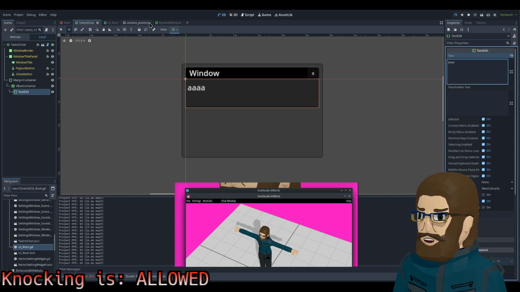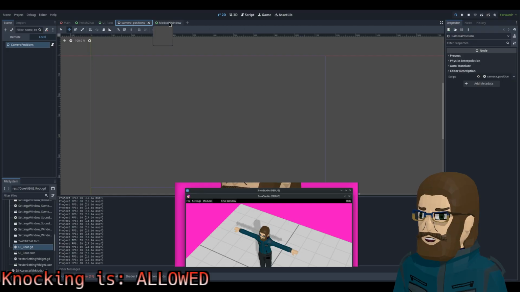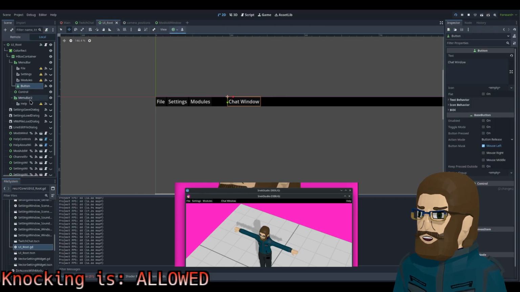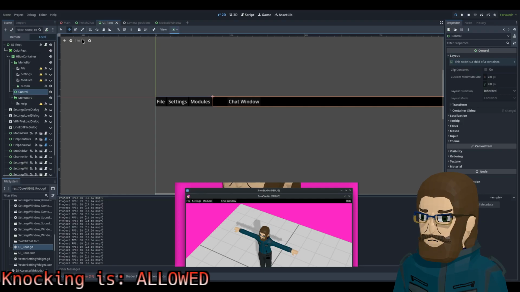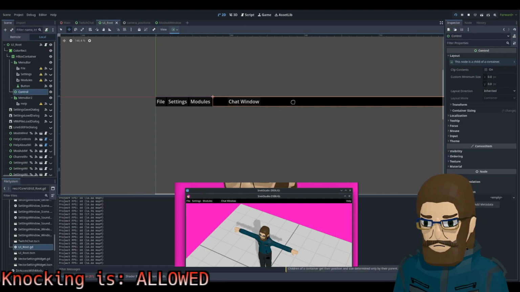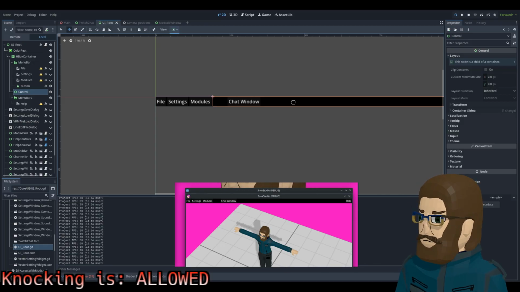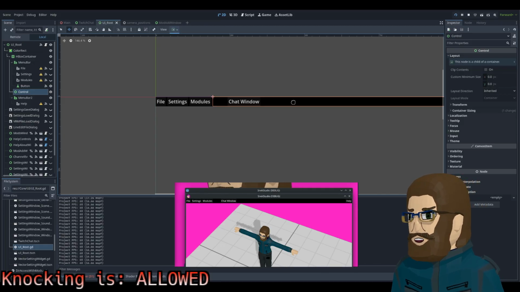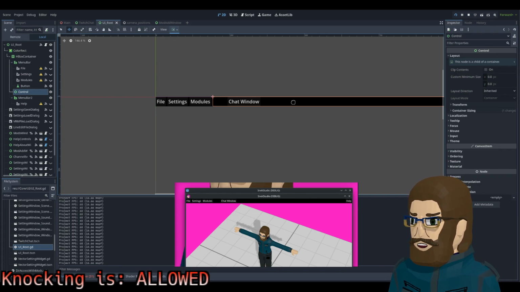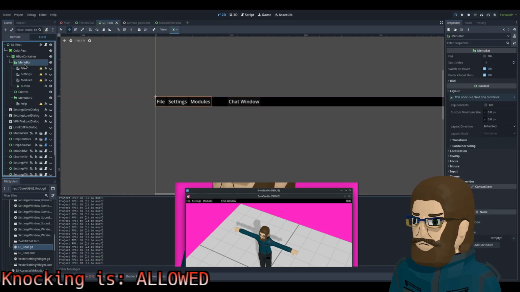Are we underneath something, maybe? We might be underneath something. Yeah, I think we're underneath this control. So let me... Oh, fuck. Okay. You're a descendant of menu bar.